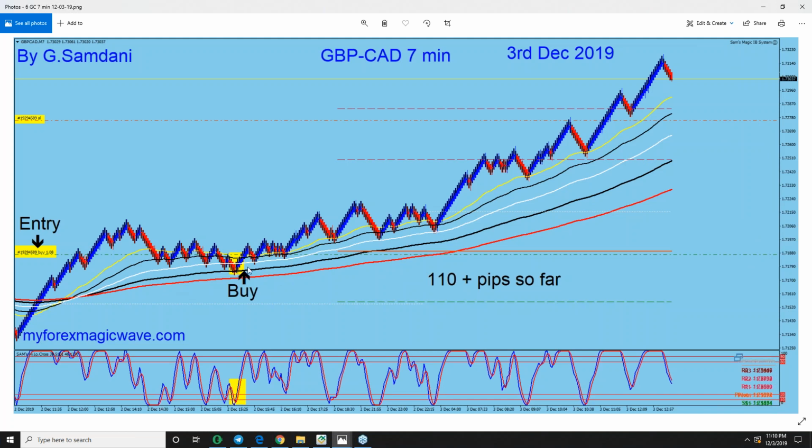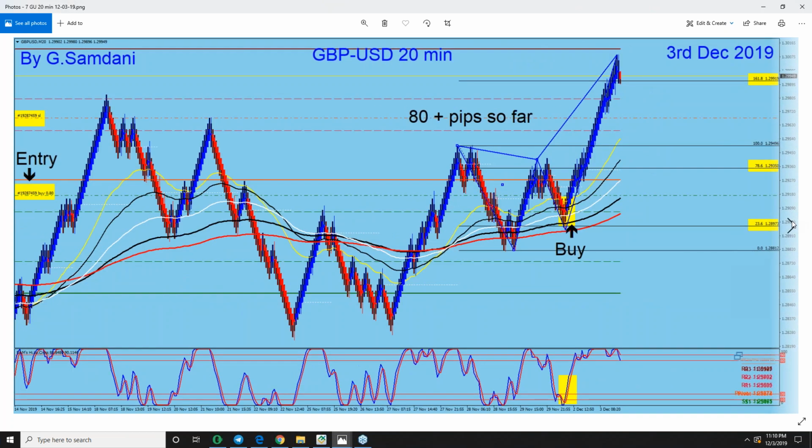You can see how many more entries there are, entry here, here. All of these are beautiful entries because this indicator is all the way down, and you just take these trades when they are moving above the wave. All right, so now this is